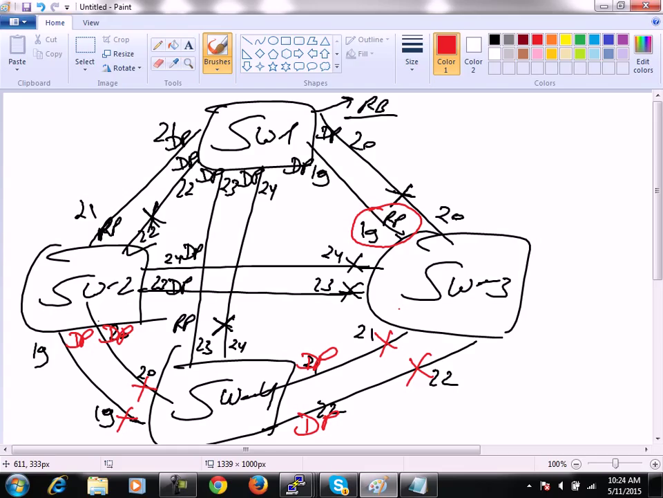Of course it is necessary to generate a TCN BPDU in case your trunk port comes up or goes down, right? But it is not necessary to generate this TCN BPDU whenever your access port comes up or goes down, right? Because if any access port comes up or goes down, and you know very well that